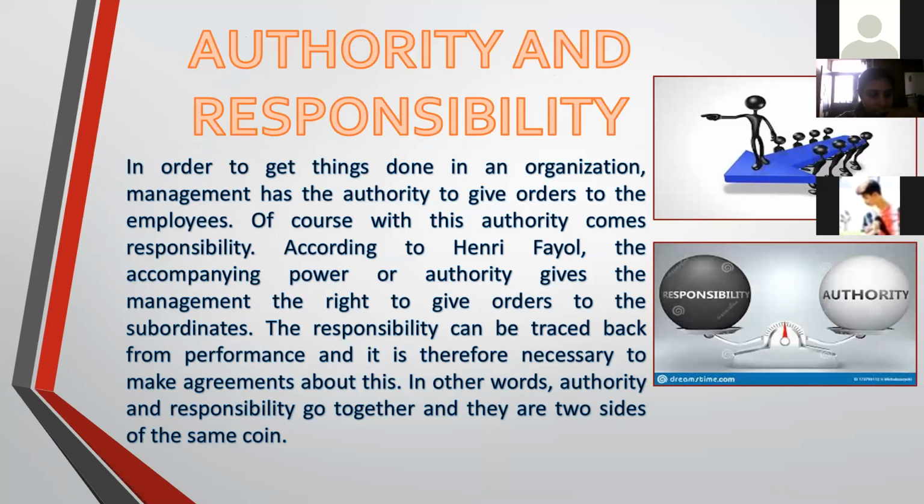For example, the CEO of a company has doubled the sales target of the sales manager for the coming year. To achieve the target, authority for appointing necessary sales representatives and advertising according to the need shall have to be allowed. In case these things are not allowed, the sales manager cannot be held responsible.